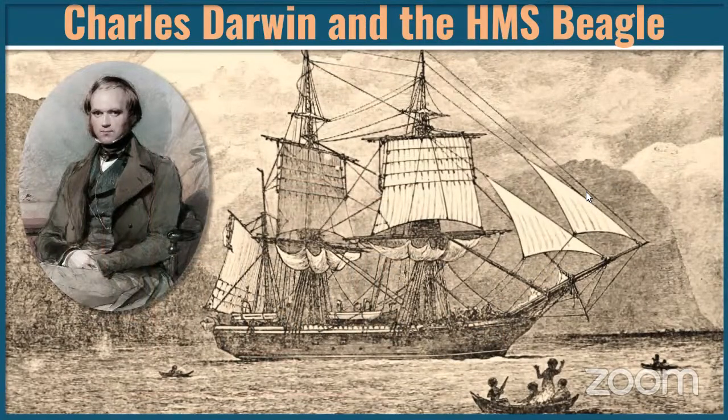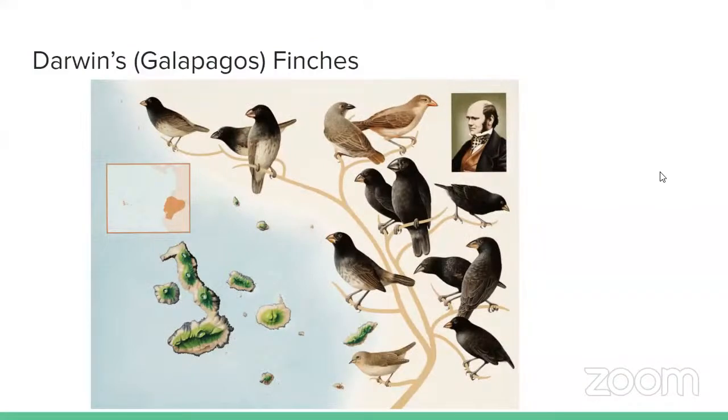So the HMS Beagle was a ship that went to South America to chart the coast, basically, to start to build maps of South America. And Darwin got a position as a naturalist on the boat. So his job was to go and collect things and describe what was there while they were mapping out the coast. Right. So he wrote down all his notes, and this is where we get the book, The Origin of Species, from. This is where he was developing his ideas on how we end up with this diversity of organisms